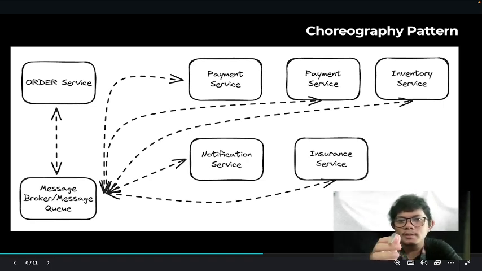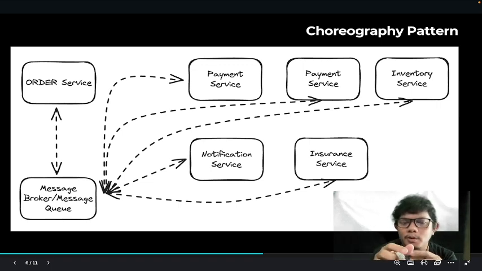Adding a new service doesn't require us to dig back into the base code. Instead, we can simply add a new event to our message broker and voila, the new services like the notification and the insurance service are ready to join the party, listening and responding as they need to. Of course, this keeps things efficient. We just tell the services to tune in, and they know when to step in without us rewriting existing code.